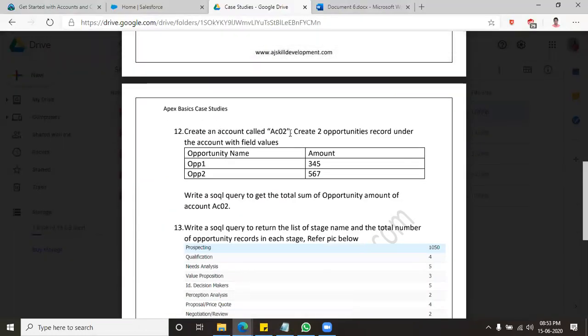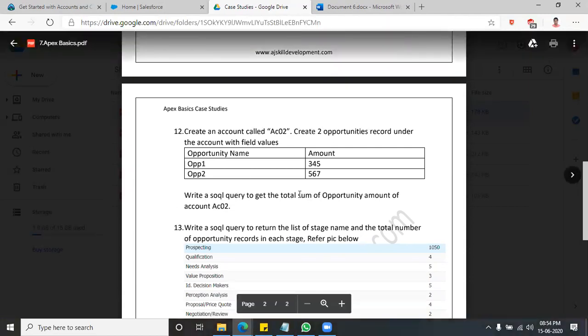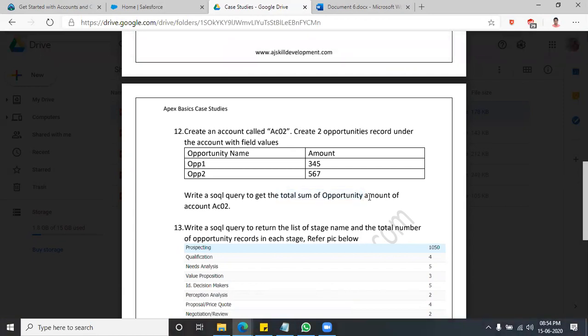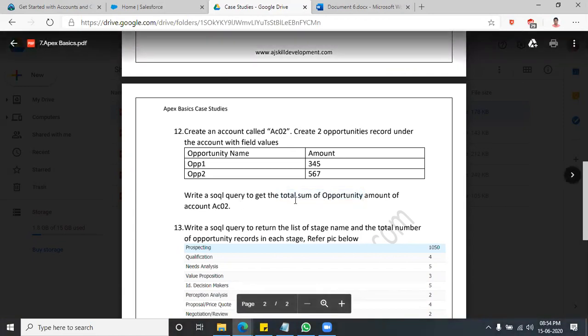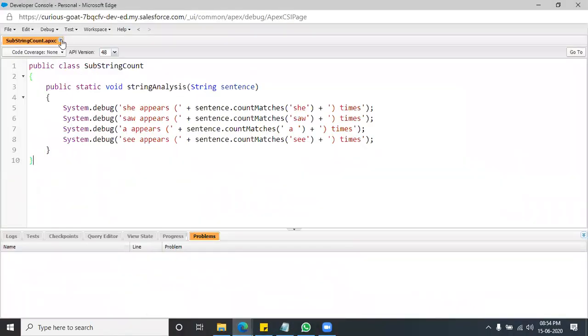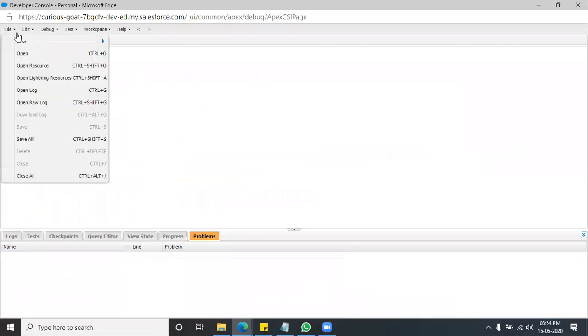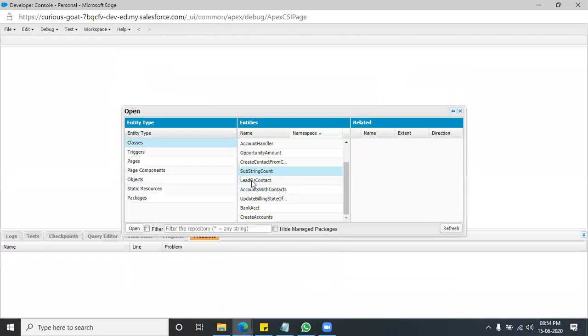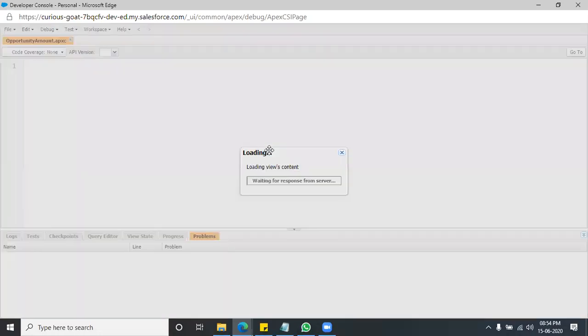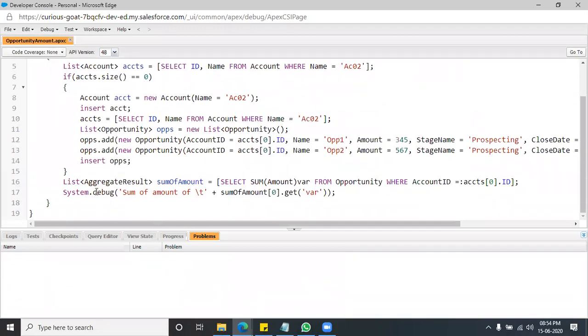Create an account called AC02 and create two opportunities under the account. And finally, we need to return the opportunity amount total. No. Just see. I don't want you to execute any script. I want a SQL query. Open what you have done. We'll see. Oh, you are right, a big query like this.